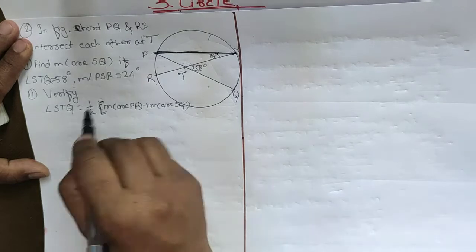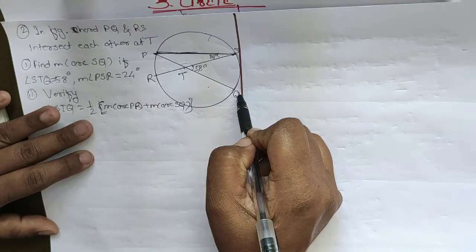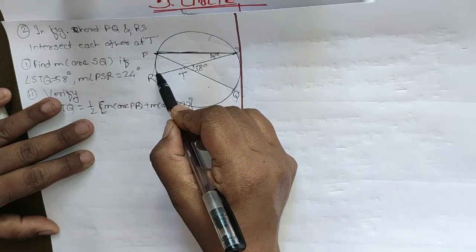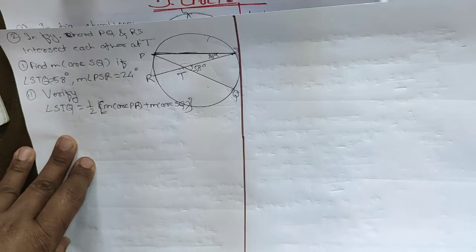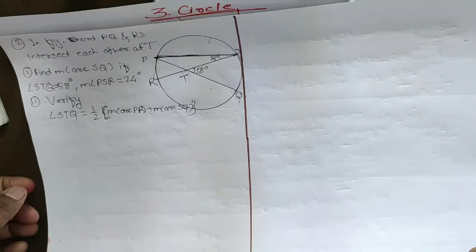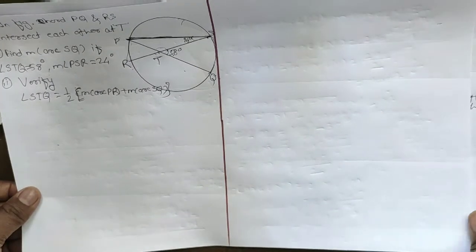This angle is STQ. STQ is equal to half of the sum of the measures of PR and SQ. We have to show that. Okay, so